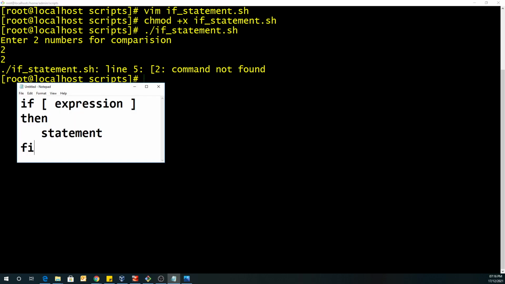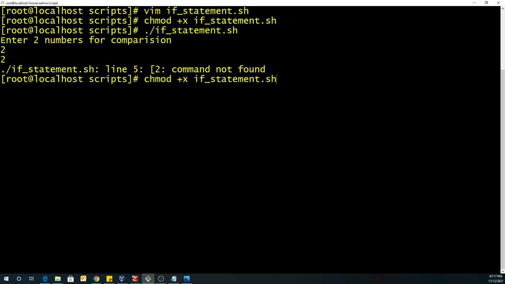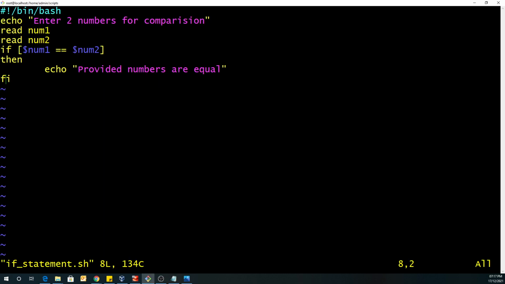As I told you before, each and every space over here in the if statement, if else if, is very important. We used the expression, and in the expression I missed providing a space at the start and at the end. Now I am going to change it in front of you. I am just doing this purposely so you can understand how critical the indentation is. Now see, over here I am going to give a space, and at the end I am going to give a space. That's it, no other change.